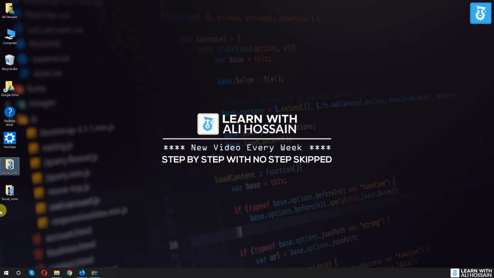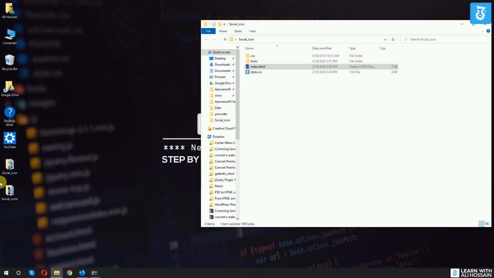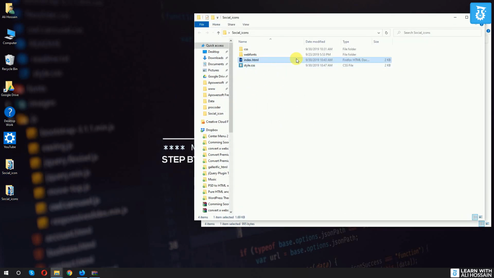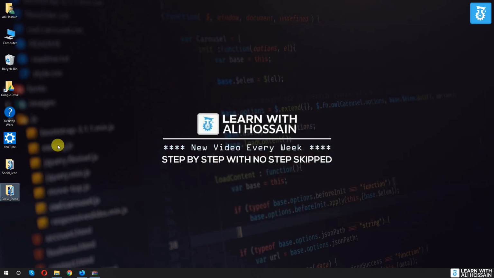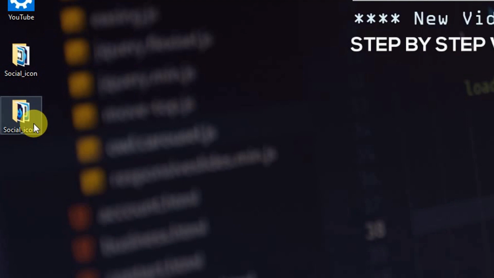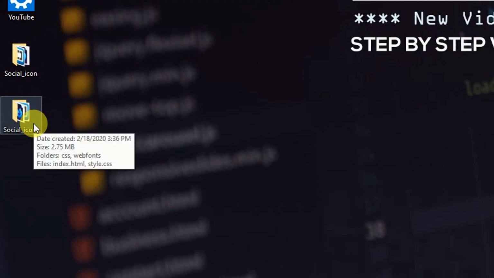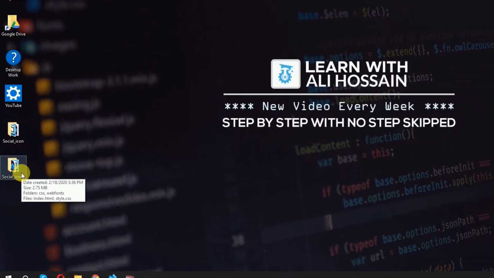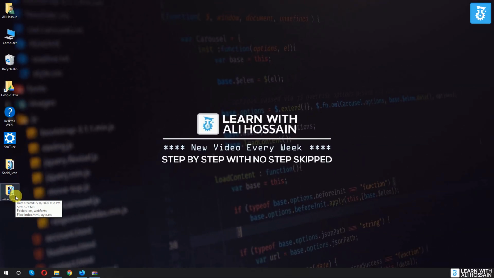As you can see, I used this project with Font Awesome SVG, and I used Font Awesome total here. Now if I want to see the project size, you can see that this one is 130 kilobytes and this one is 2.75 megabytes. This is the reason why I suggest you use Font Awesome SVG instead of Font Awesome directly, so that your project size will be lower. If your project size is low, your project will definitely load faster on any device. And definitely a faster loading website is better than a slow loading website, so I recommend you use Font Awesome wisely.